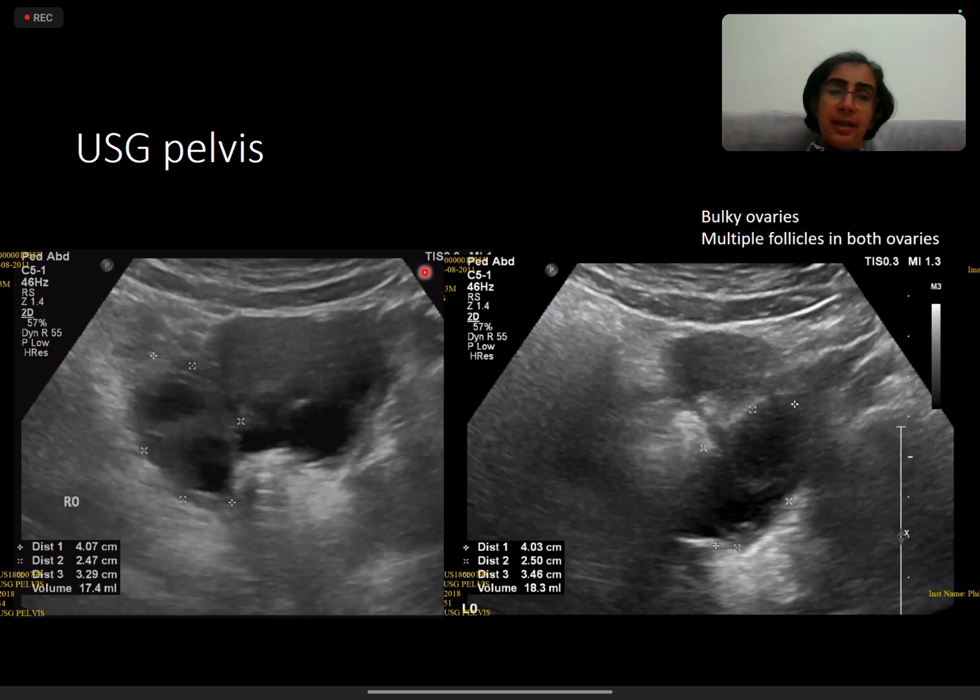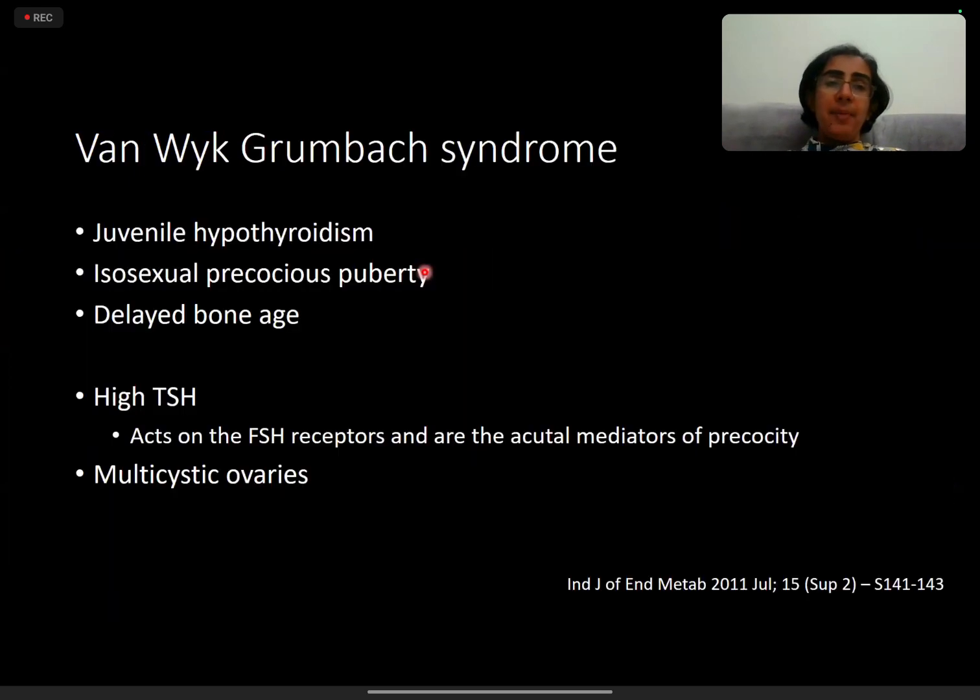So putting everything together, do you know how we can tie all this together? Like you said very nicely, not all enlarged pituitaries are macroadenoma. It can also be pituitary hyperplasia. And so this patient had precocious puberty with bulky ovaries with multiple enlarged follicles in both ovaries, plus hypothyroidism. So this is a syndrome called Van Wyk-Grumbach syndrome. This patient presents with hypothyroidism, precocious puberty, and delayed bone age,